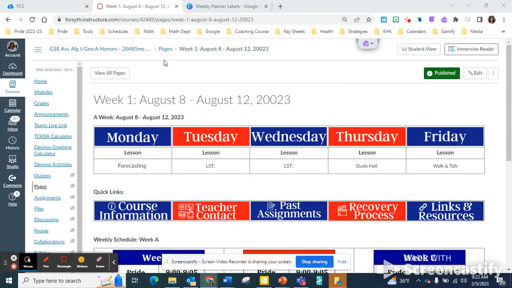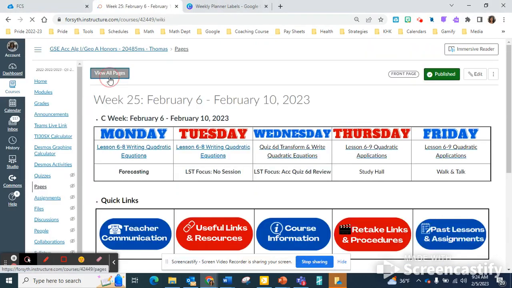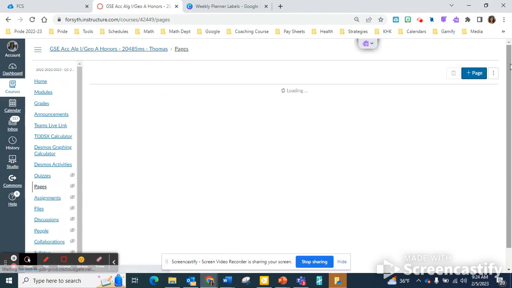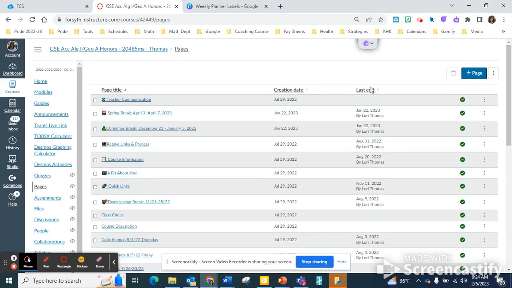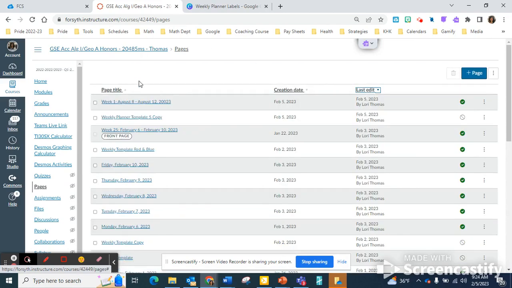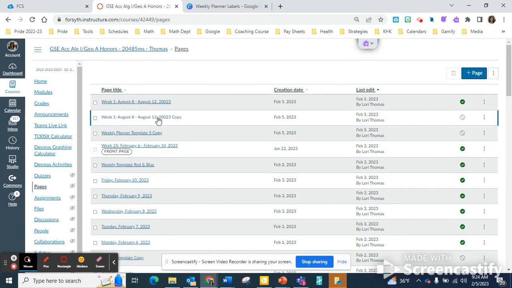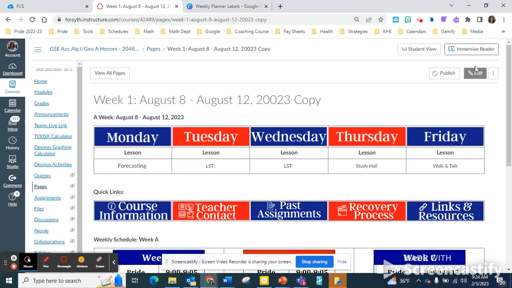Now that we have everything in our original, I'm going to go to pages, view all pages. And again, I want to do last edit. And then, next year, all of this will be cleaned out, so you won't have all of these pages, of course. So over to the right, I'm just going to duplicate and just continue to duplicate. And then once you have, if you just want to do it for the first quarter, the first semester, whatever, and then again, ahead of time, I'm just going to go ahead and change and edit